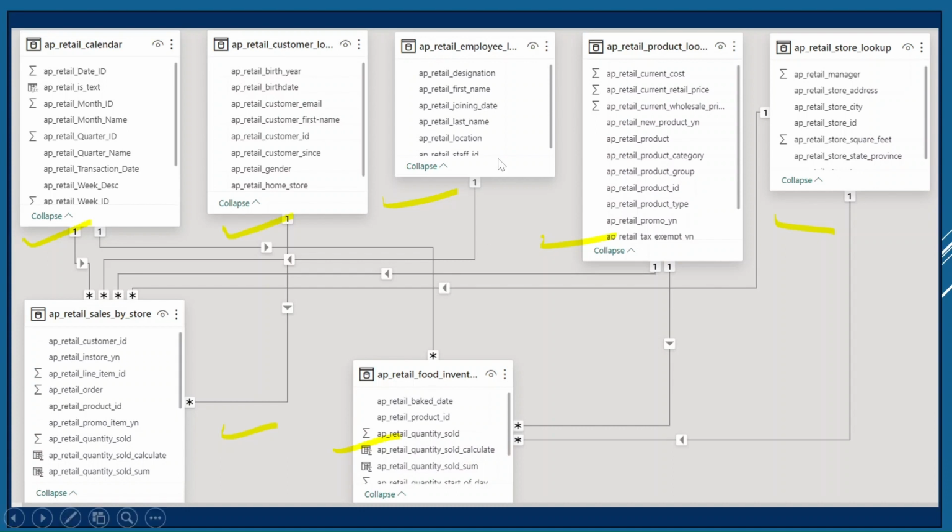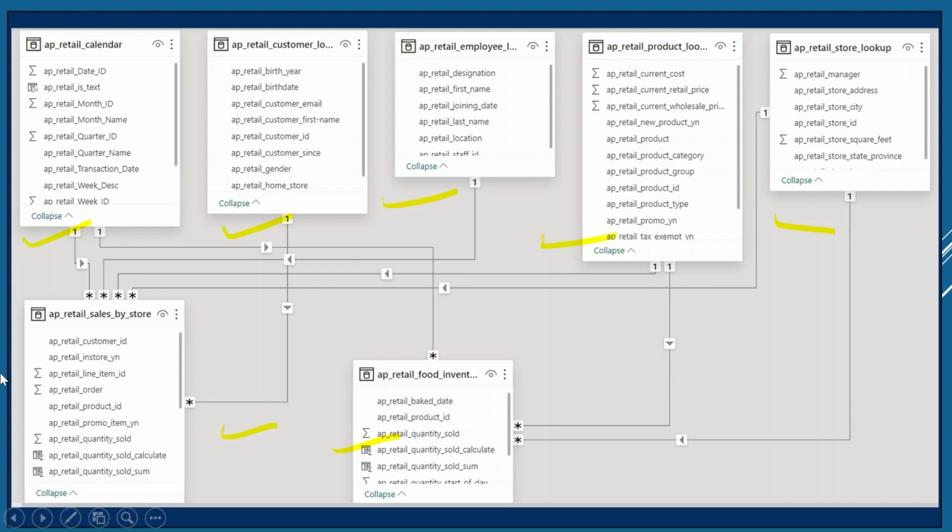So there is a relationship between the AP retail employee lookup table and the AP retail sales by store fact table, and the relationship is one to many, because the AP retail employee lookup table has only one record associated with one employee, but that employee could sell multiple products.